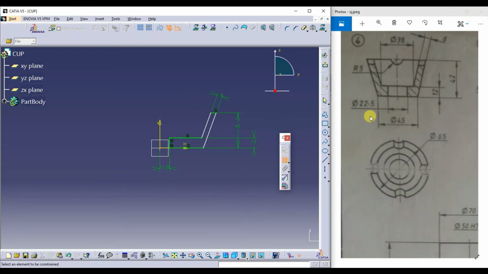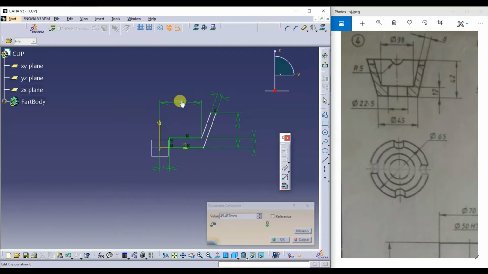Next dimension is from the center to this, which is half of 38. Center to this is half of 38.